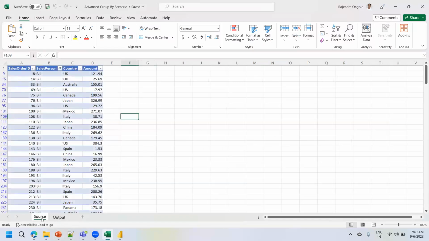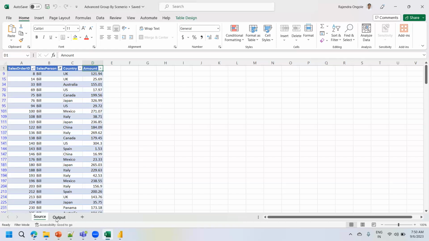So what is the source input? If you're observing here, there are some columns like sales order line, order ID, salesperson, country, and amount. Some numeric or aggregated functionalities we also have to perform in this scenario. When you are performing the group by, there are some operations like sum, average, count, max value, min value, aggregated functions. So this time we are going to create advanced group by, first with aggregated transformation, and the next activity I'm going to perform